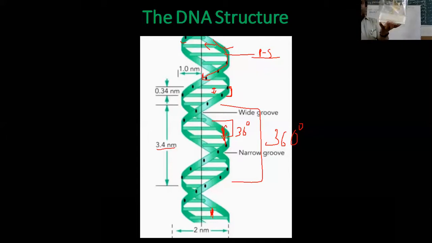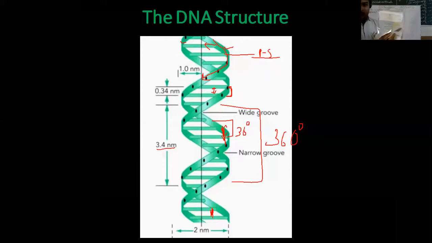I hope you can see this. It's a very simple model of the DNA. As you can see here, there is rotation. We said double helix, helical structure. Helical means twisted structure. As you can see from here, it is going up like a twisted ladder. And when we talk about the distance between base pairs, right?